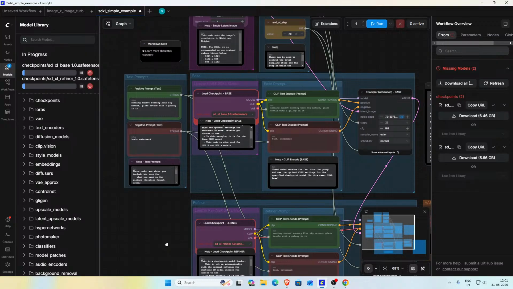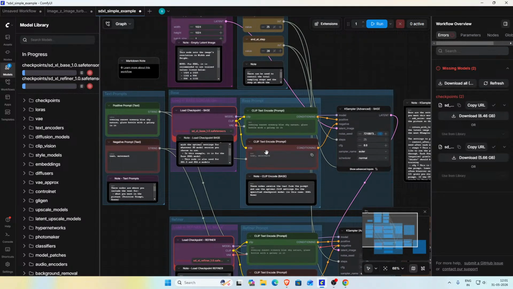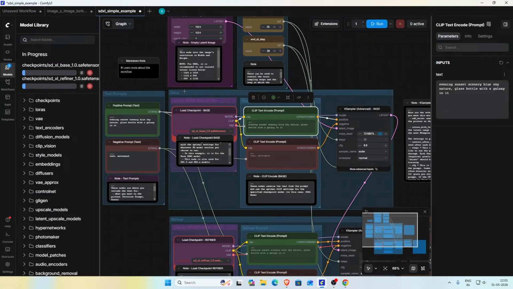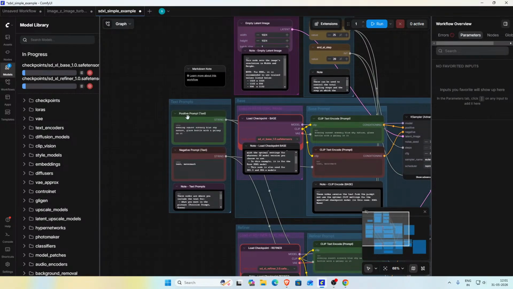Okay, so there are refiner nodes over here. These are for refining the image from here. So this node, okay. So where do you put your prompt? You put your prompts in this text prompt. You write your prompt and